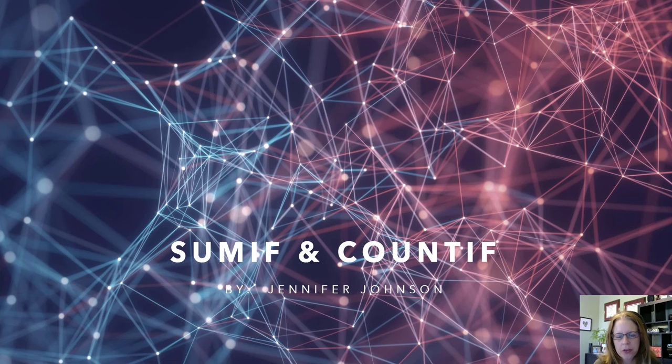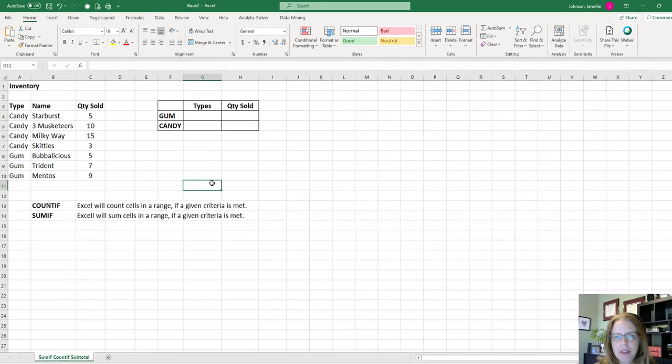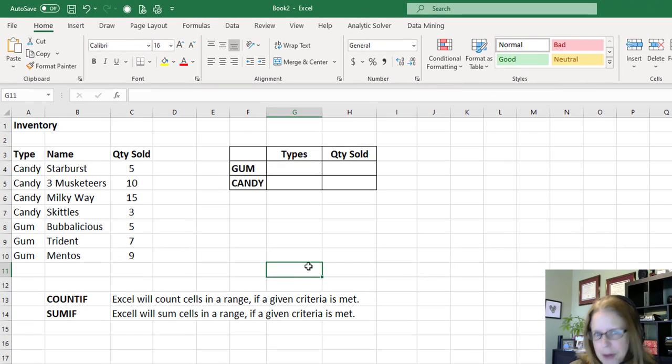Today we're going to talk about two functions in Excel, the SUMIF and the COUNTIF function. Most of you are familiar with counting and summing in Excel. We use summing to add up numbers, and we use counting to determine how many of something there are. If we add the if condition to each of those functions, then we can count or sum when a given